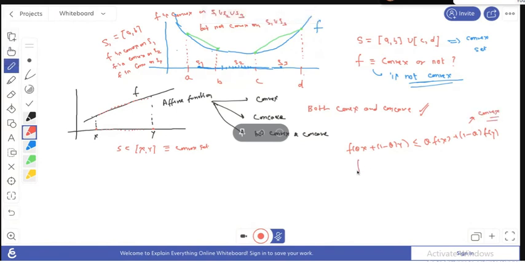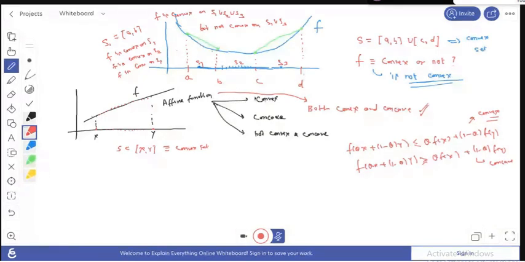Okay, and here if we take f of theta x plus 1 minus theta y is greater or equals to theta of f x plus 1 minus theta of f y, so here this inequality sign also holds for this affine function for all points. So that's why this function f is also concave. Okay, so this means affine function is both concave and convex. Okay. So this is simply due to affine function always satisfies your equation number 1, and conversely